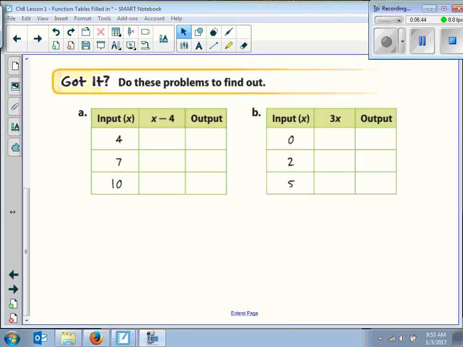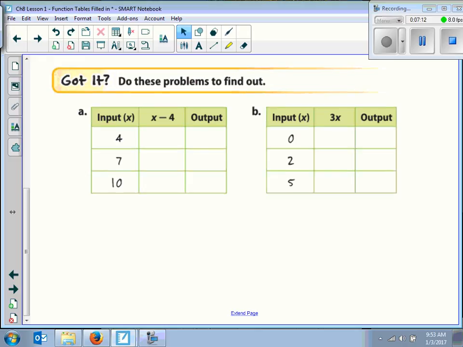So here, what's our function rule for example A? x minus 4. That's the rule. You're right. So now, the input values that they've given us are 4, 7, and 10. So we're going to substitute 4, 7, and 10 into the function rule, and then simplify to get our output. Okay? So we end up with 4